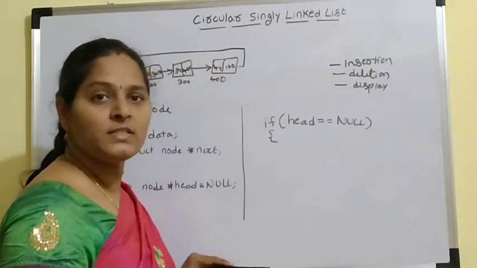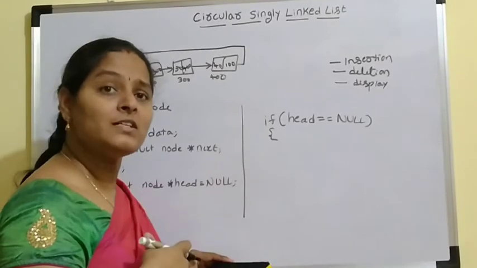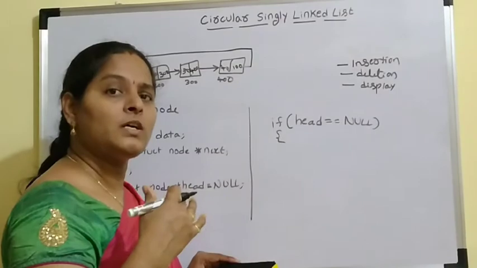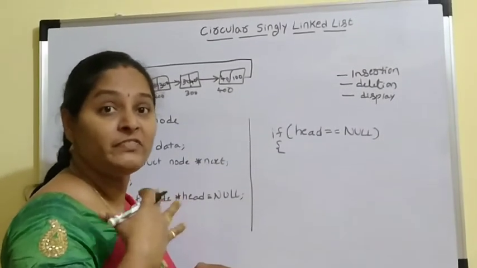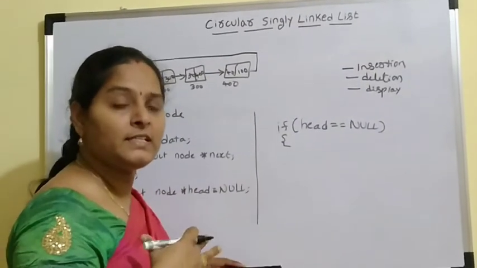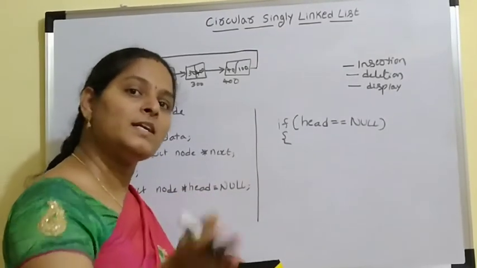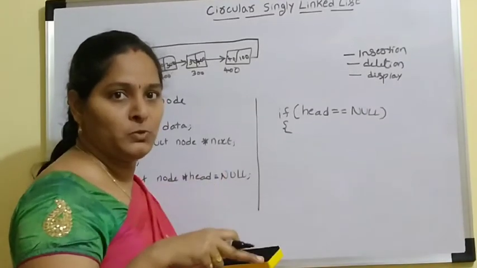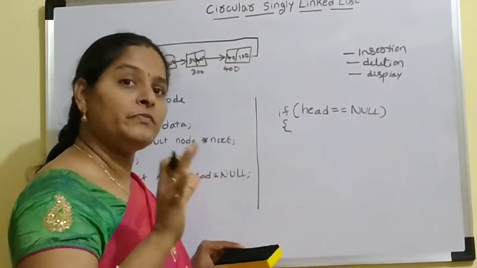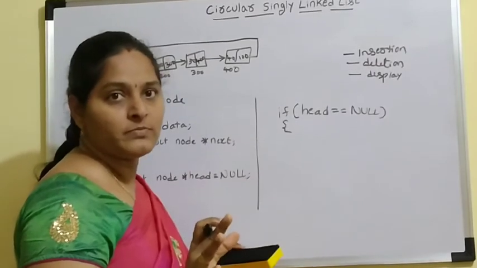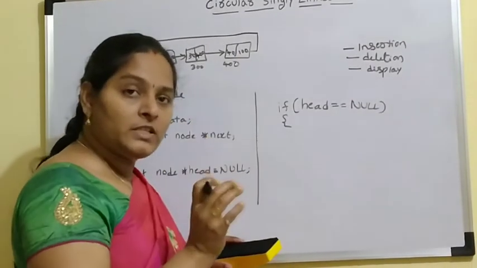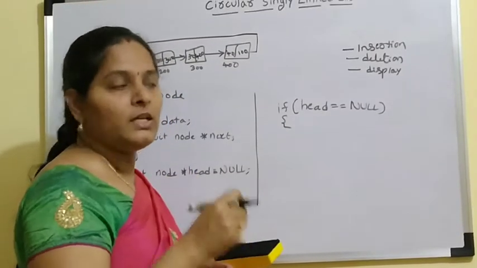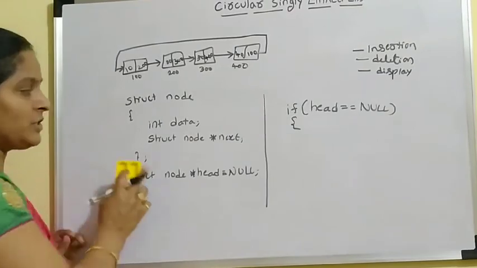If there are no nodes in the circular single linked list, our inserting element becomes the first node as well as the last node. Suppose we are inserting the first node in the list. In that case, the first node's next part also contains the address of the first node itself. That is a self-referential loop. Suppose there are some nodes in the list, then our first node address we need to save in the last node's next part. Okay, let us see the insertion operation.